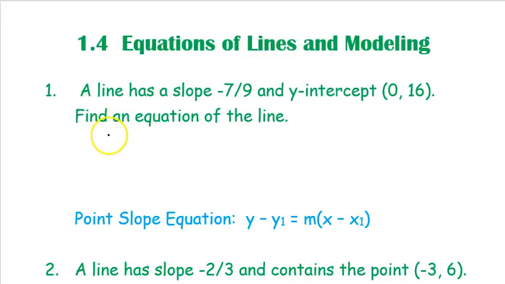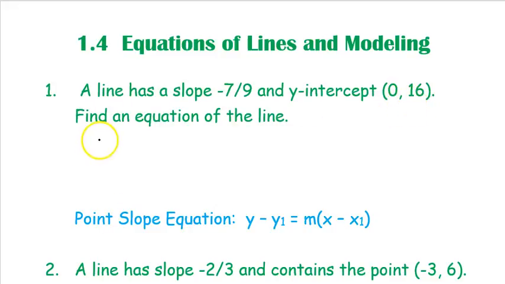This lesson is for 1.4 Equations of Lines and Modeling. So the first question that we're going to start with kind of goes off of 1.3 as well. So we have a slope of -7/9 and a y-intercept of (0, 16), and we want the equation of that